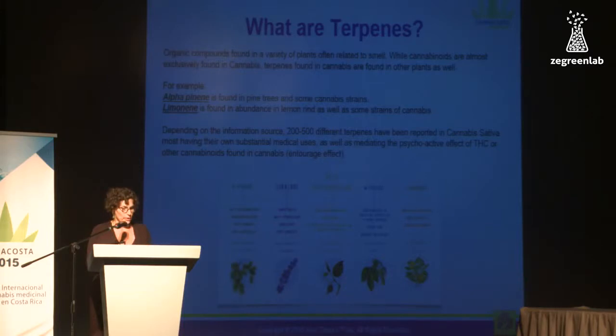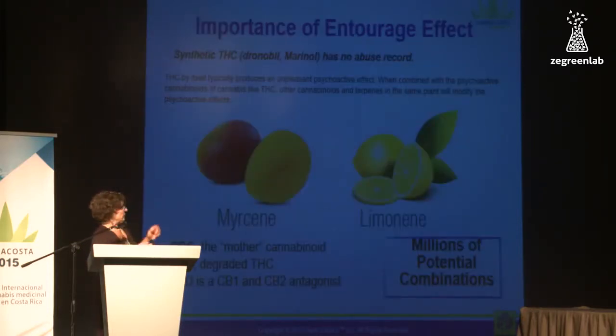Also, of course, we're familiar with limonene, which is that uplifting. It's good for acid reflux, anxiety, depression, and it's very, very uplifting. Myrcene, which I'll go to the next slide to show you. Myrcene and limonene. Myrcene